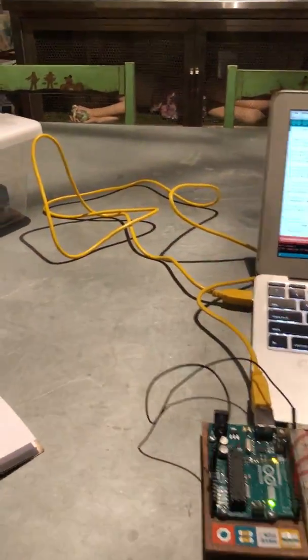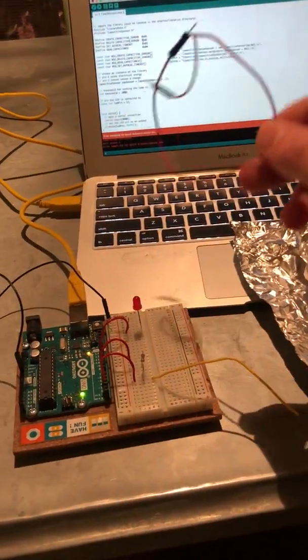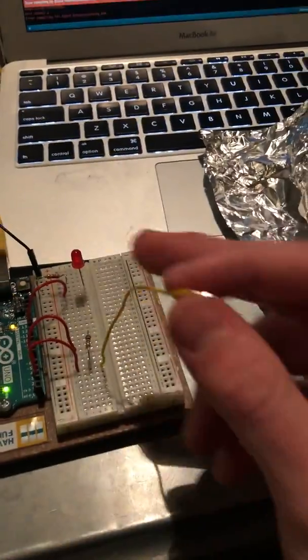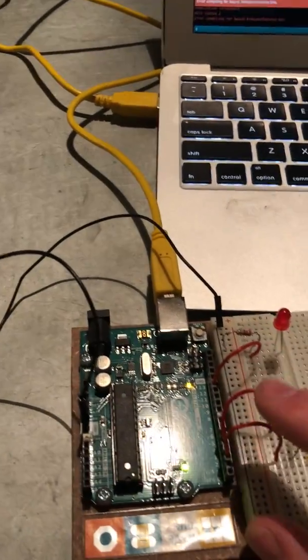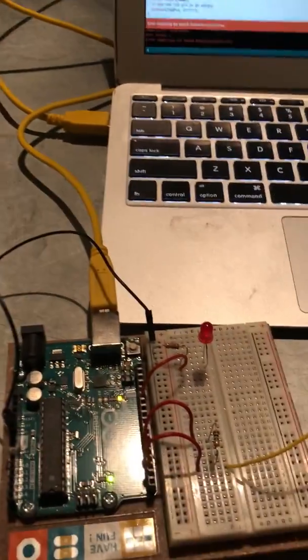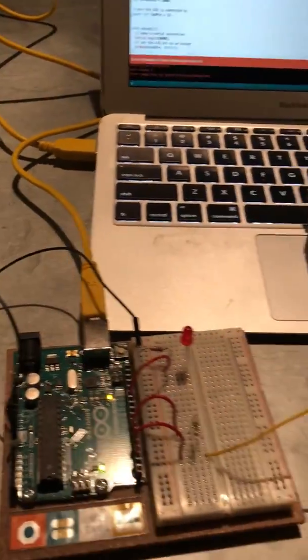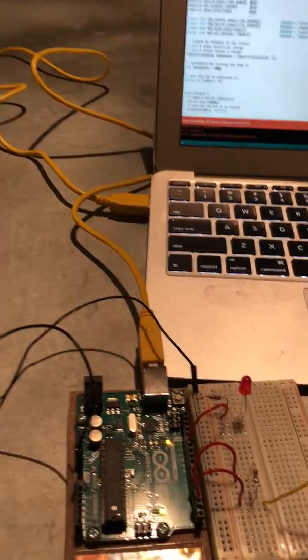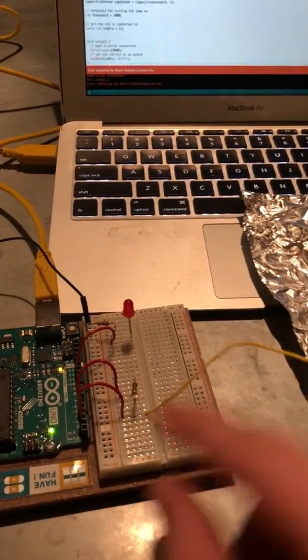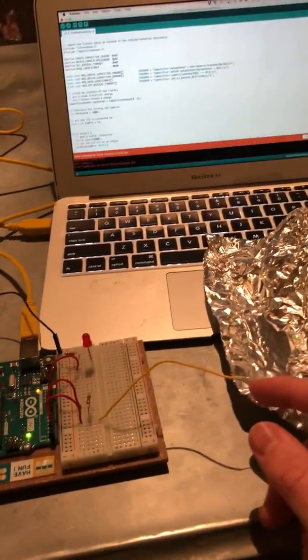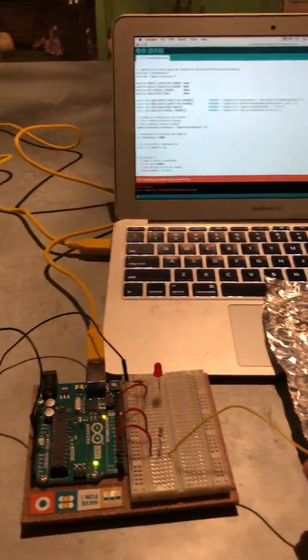So we don't need power because this pin 4 right here gives enough current, enough voltage, to the sensor. This is the sending pin, and this is the receive pin. If I put my finger to it, it goes through the resistor to minimize any shocks, and then it goes to the receive pin, and then to the Arduino, and then in the code it reads that value. It takes 30 samples